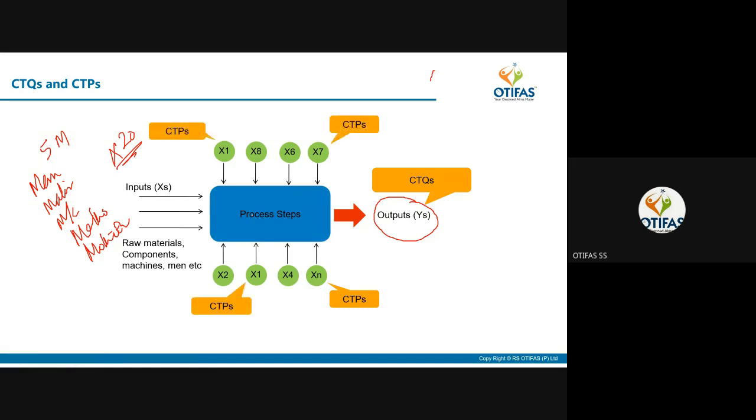Now suppose out of this 20, maybe 4 may be very critical, which are affecting. Now this, your process knowledge will tell. You are a chemical engineer, now you are going into some particular process, and you know, in this chemical engineering I have studied, these parameters are important. So the process knowledge, process engineers decide this. What are CTPs, what are CTQs? Is it clear? Who asked this question? Doubt? Now is it clear to you? Yes, sir. Yes.